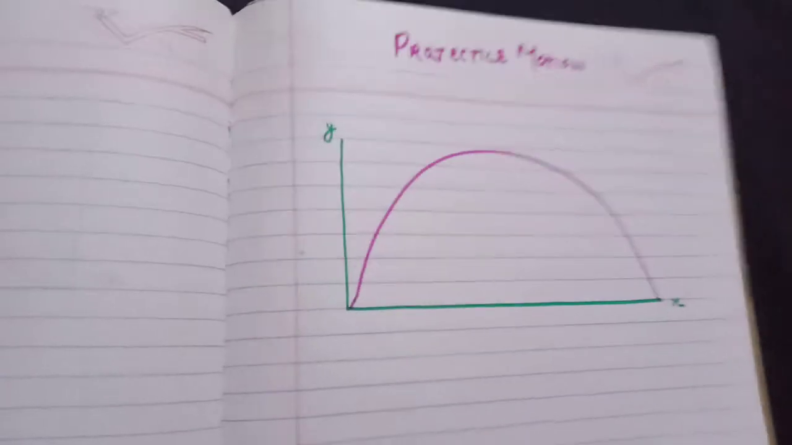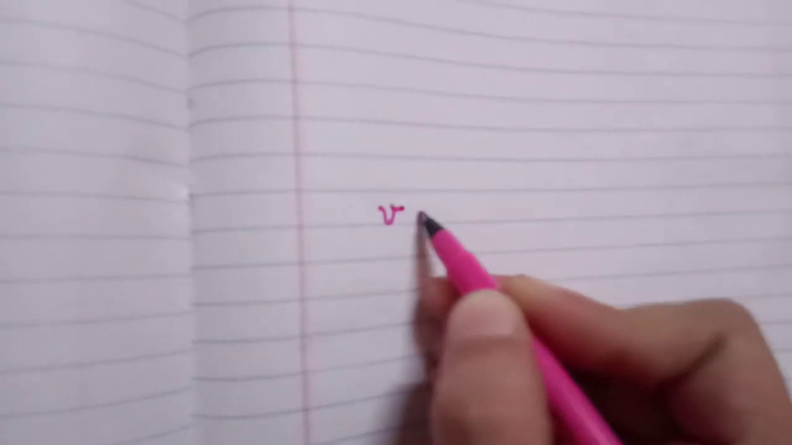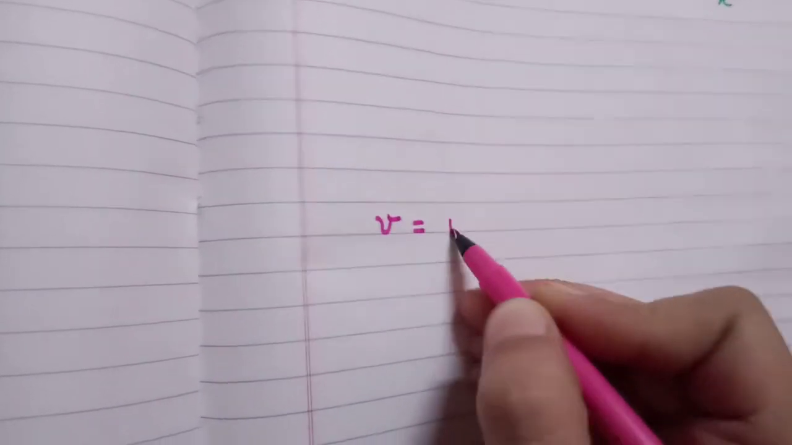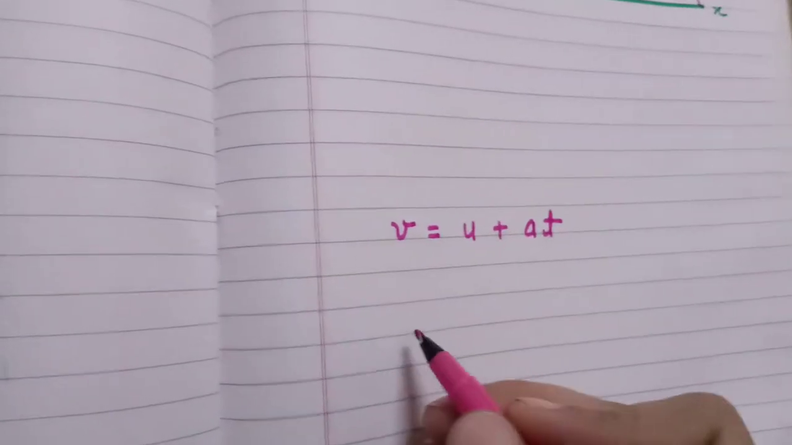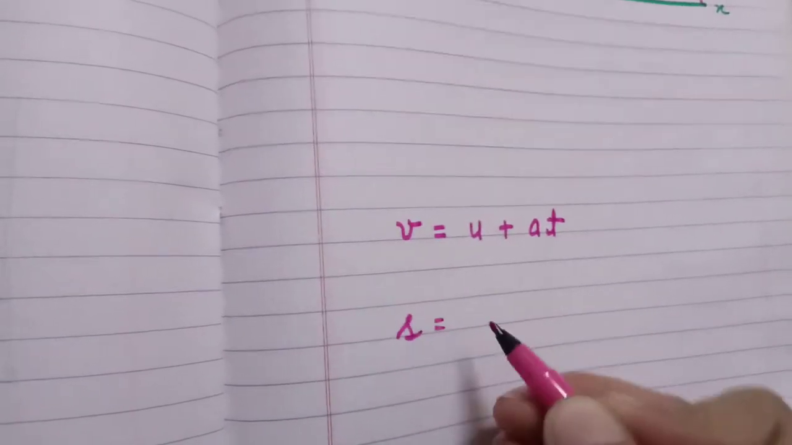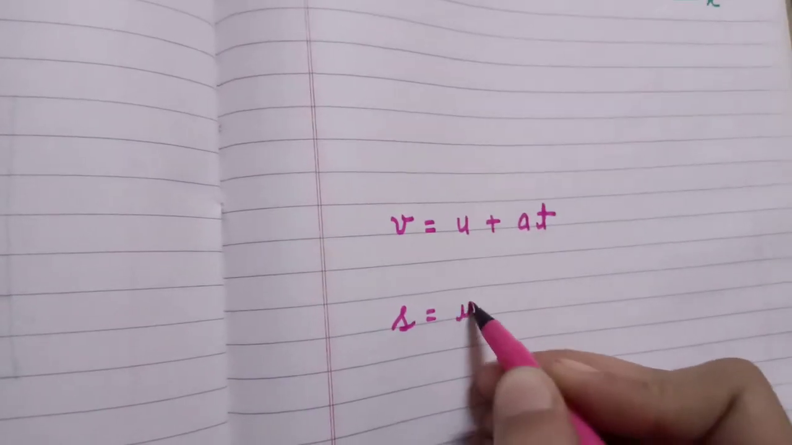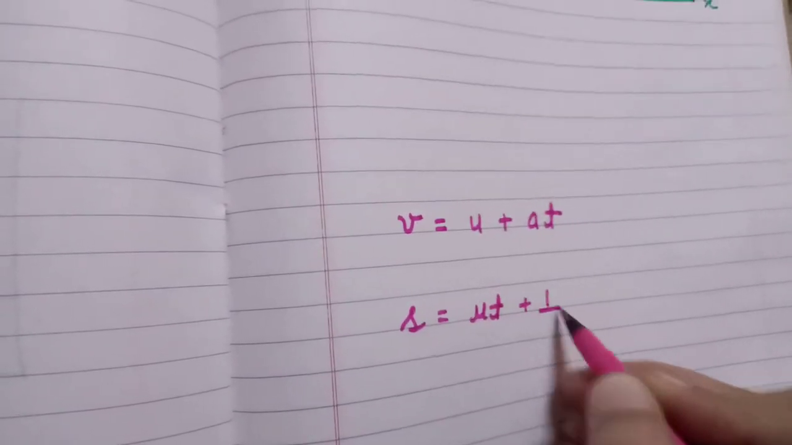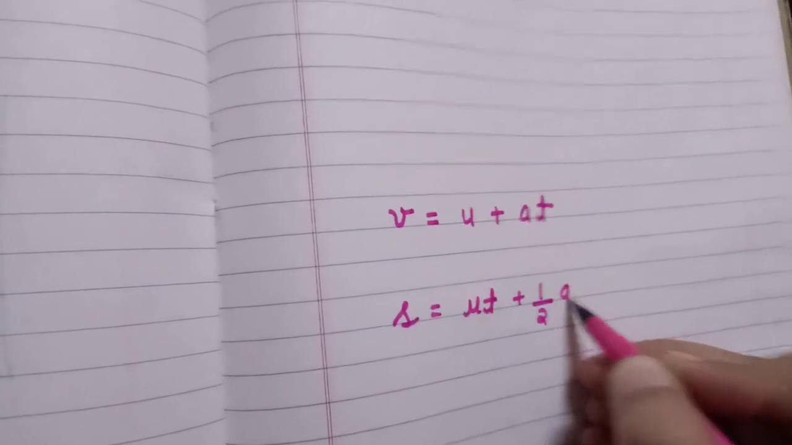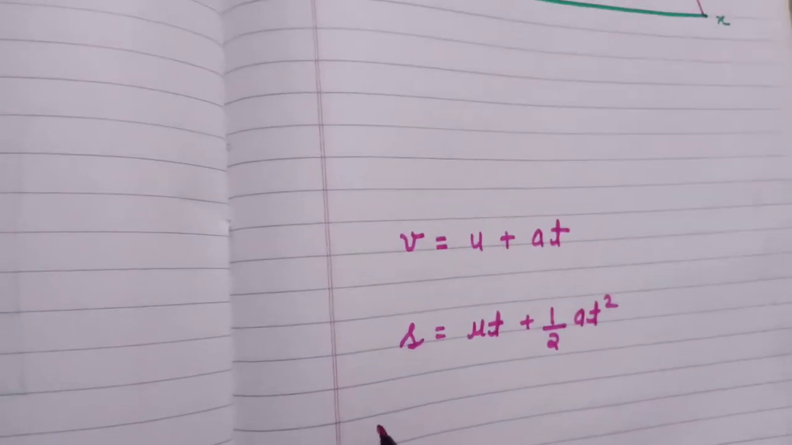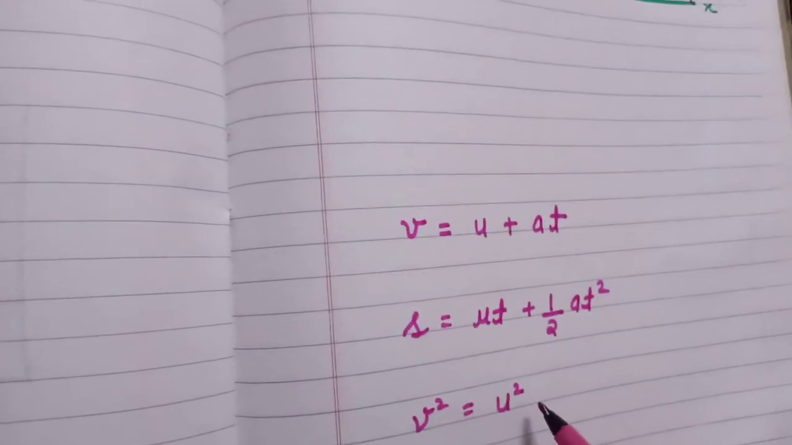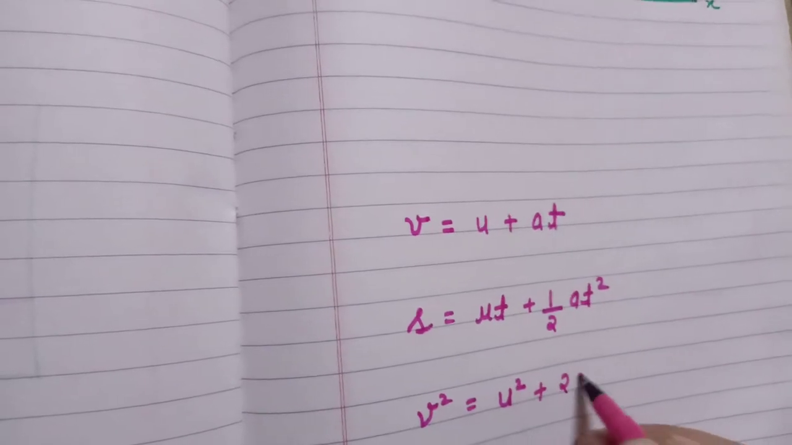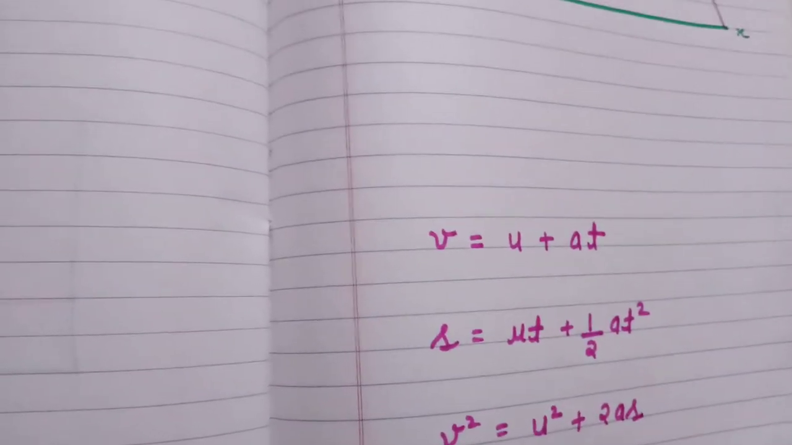So first is V is equal to U plus AT, second is S is equal to UT plus half AT square, and the third is V square is equal to U square plus 2AS. Okay,